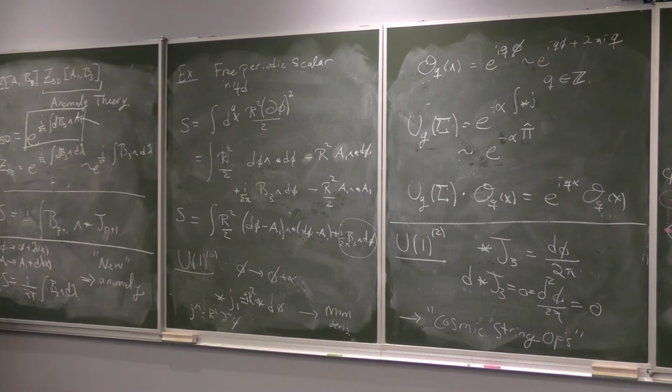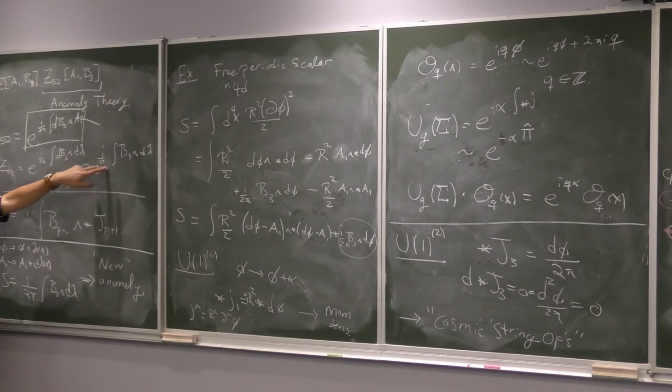Yes? How did the exterior derivative go out in the variation with respect to lambda of the phi d partition function, the very last step? From here to here? Yes. Yeah, so